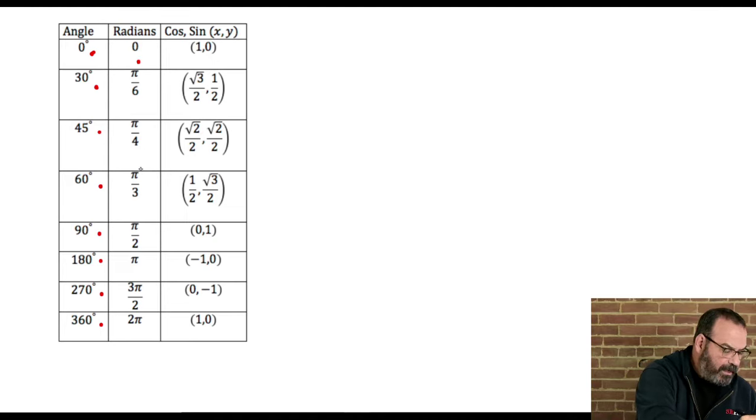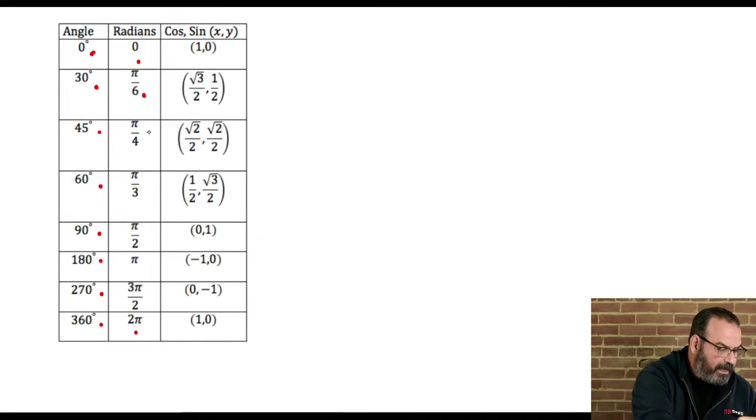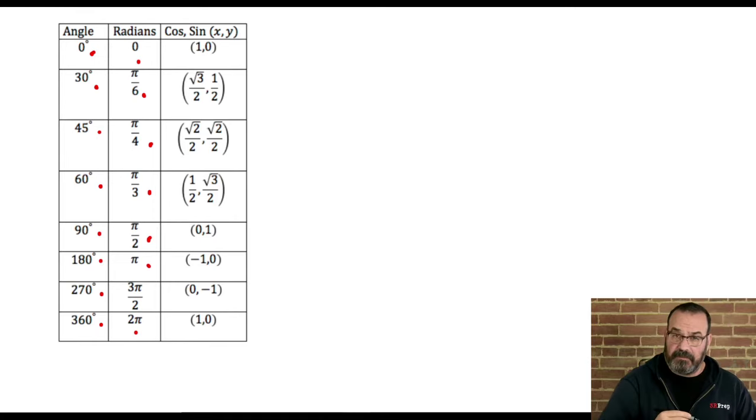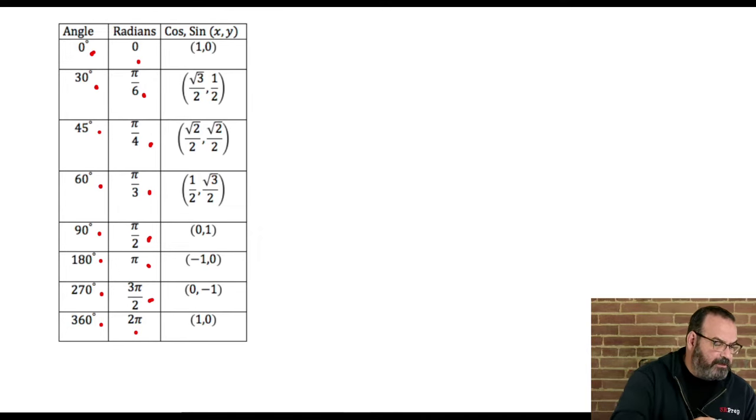At 0 and 360, we've got 0 equals 2 pi all the way around. And then pi over 6, pi over 4, pi over 3, pi over 2, 180 is pi, 3 halves pi. You should know all of these, and you should be able to instantaneously recall them, as well as the 30, 60, 90 degrees. These are the points, the sines and cosines, that you will be asked if they come up,